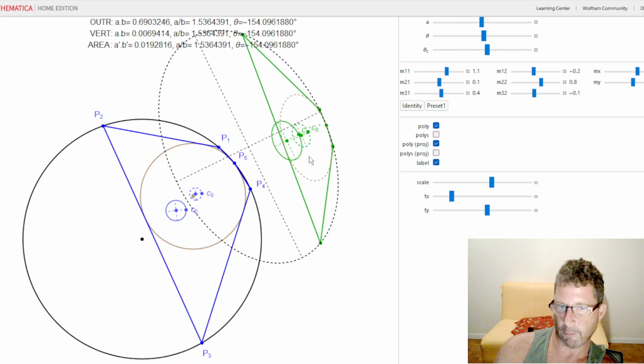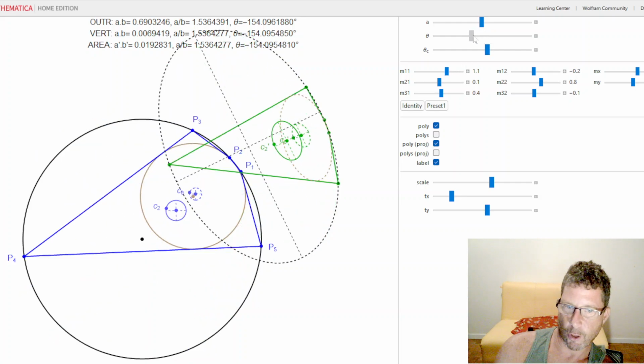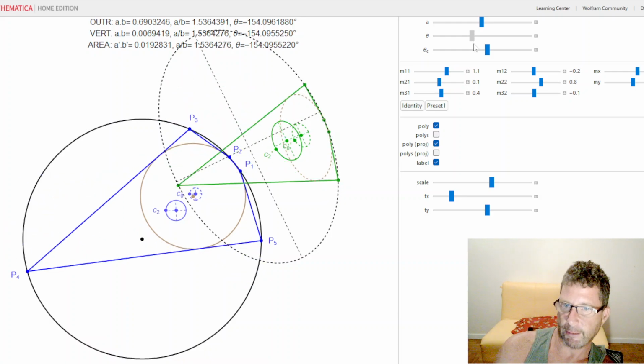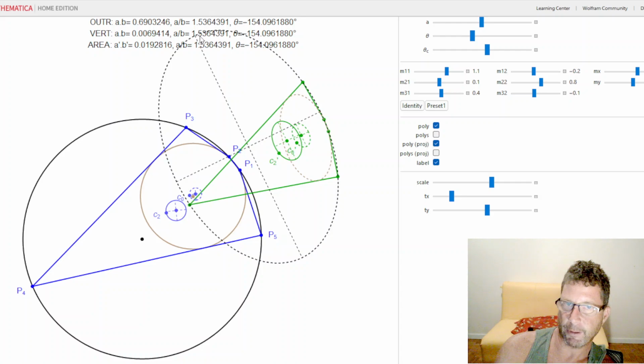Now what I'm looking at right now is the locus of the vertex centroid C0 prime and area centroid C sub 2 prime as I jog my blue Poncelet family. And both of them, as expected, are sweeping ellipses. Now, interestingly, as you can see in these numbers up here, the aspect ratio of both these loci is the exact same aspect ratio of the projective image of the outer